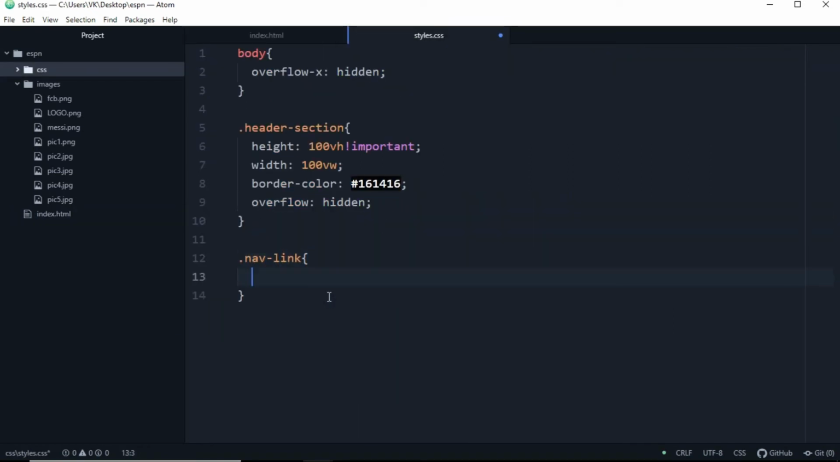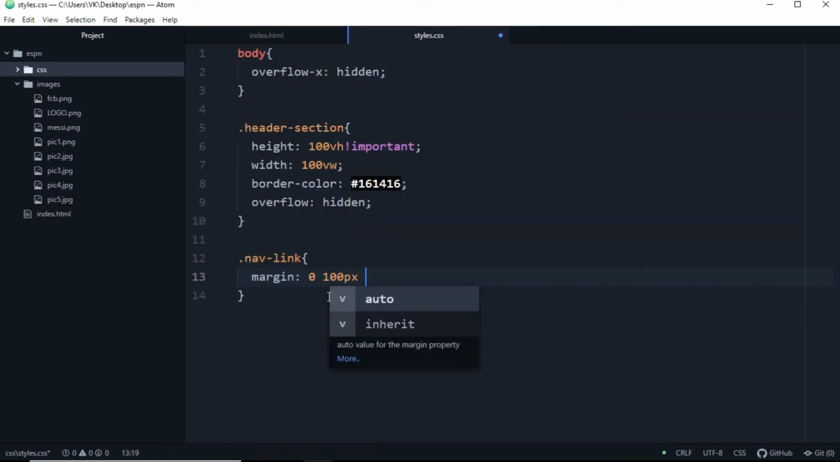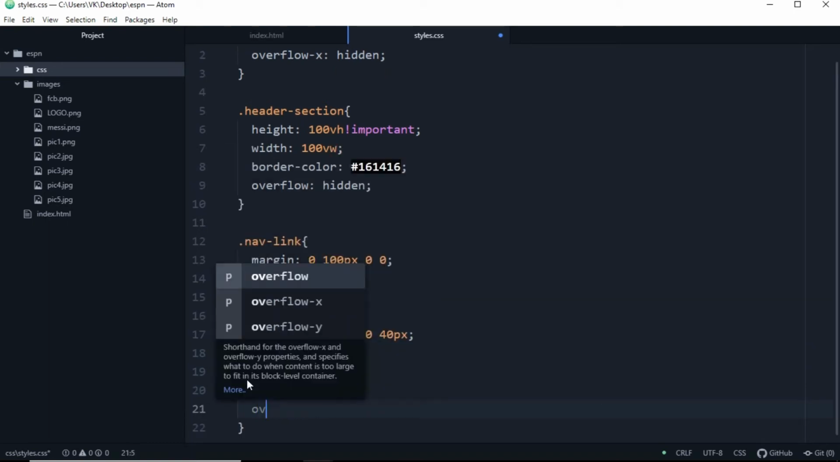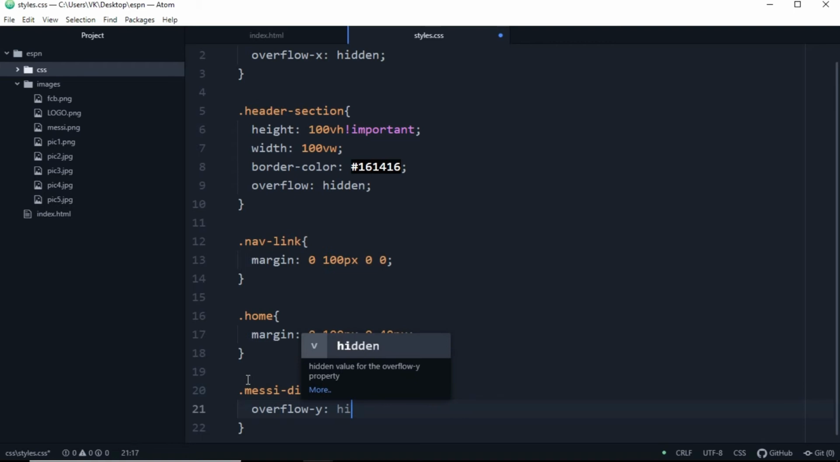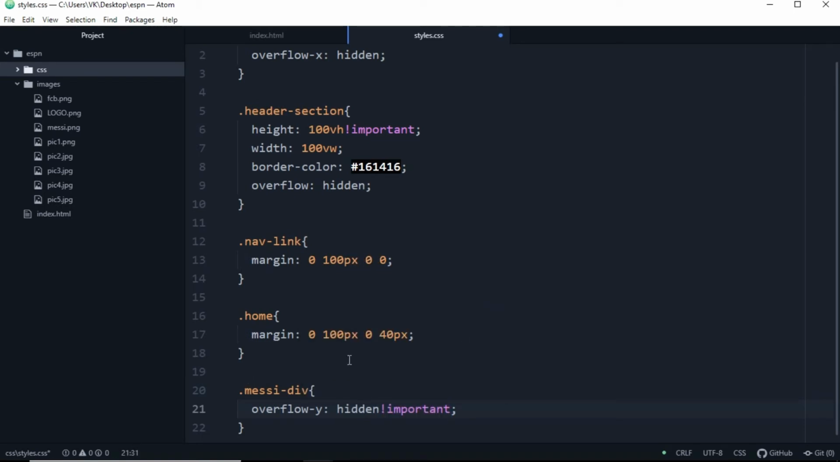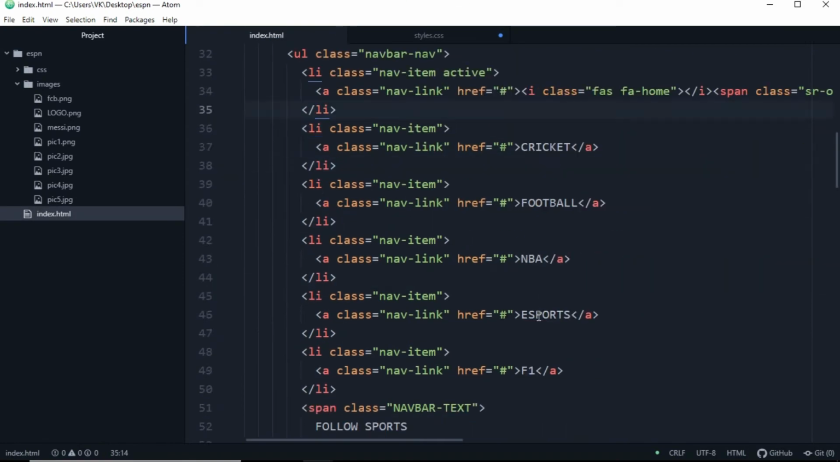Dot nav dash link, margin will be 100 pixels and 0 0. I'm gonna access the home which has margin 100 pixels, 0 and 40 pixels. Again I access the messy div. Alright, overflow y will be hidden, which is important. So let's jump on to